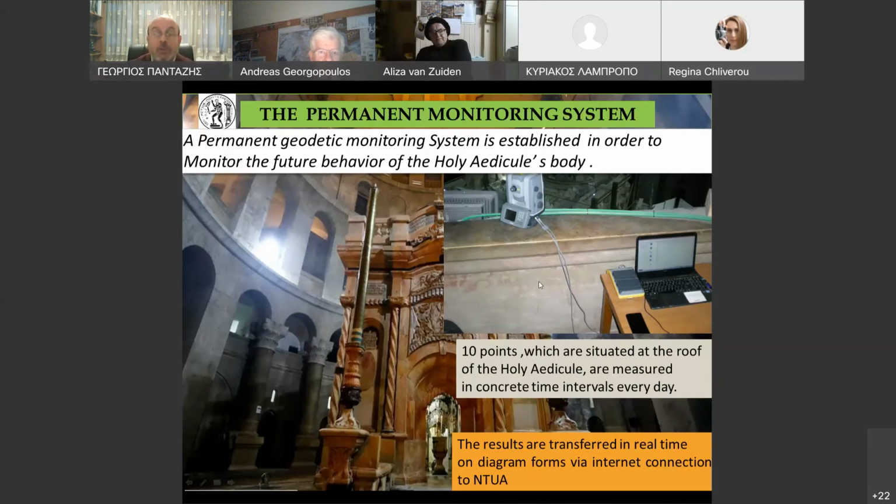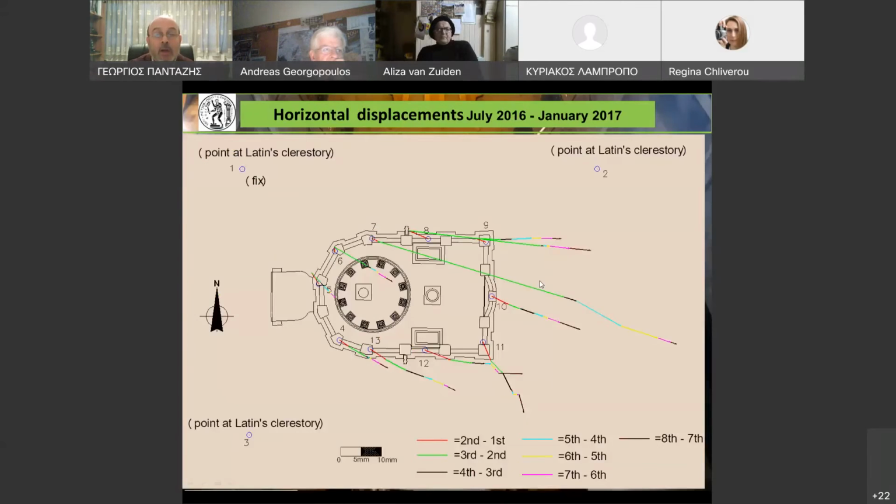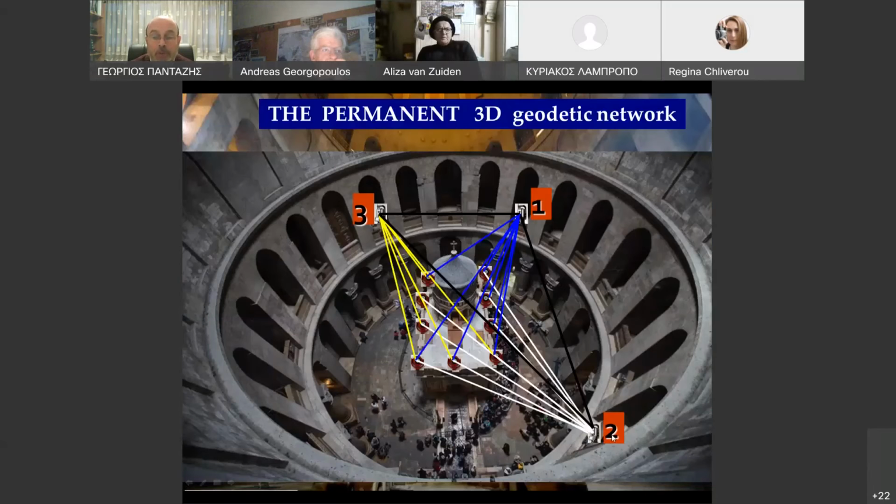From this position, just a minute, please. This is the point where the total station was placed, and from this position there is a clear view to the other 10 points of the network, which are on the roof of the Holy Edicule. The total station is connected with a laptop,